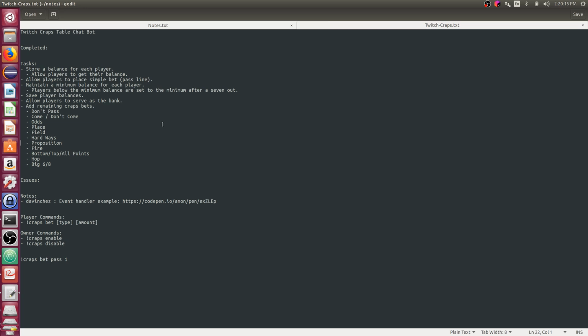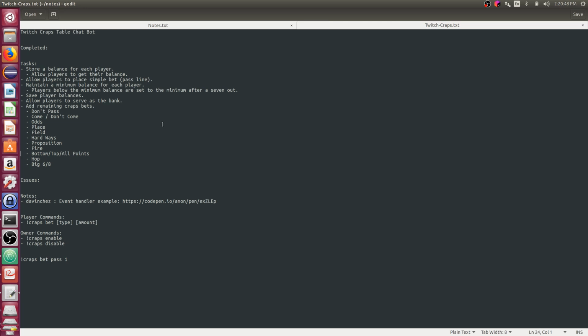Proposition bets, these are other kinds of bets. There's like 7, 11 bets. There's craps bets. There's all sorts of different kinds of proposition bets you can hit. There's the fire bet. This is a specialized bet that is only available on some craps tables. And it's dependent on how many points you get throughout the length of a rolling session, a craps session. And it's very rarely hit, but pays very well when it does get hit.